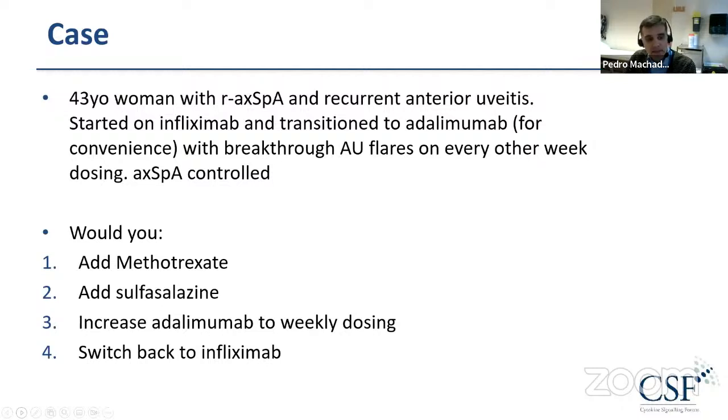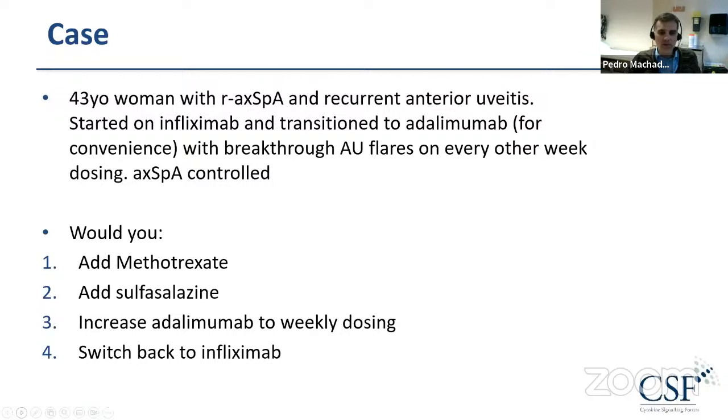In fact, increasing the dose of adalimumab is something that I could not do in the UK, because I can only use the licensed dosing for axial SpA. So if this was to be done, it would have to be done by the ophthalmologist. Obviously this is a licensed dose for inflammatory bowel disease, but I would not be allowed to do it in the UK. I would probably be inclined to switch back to infliximab